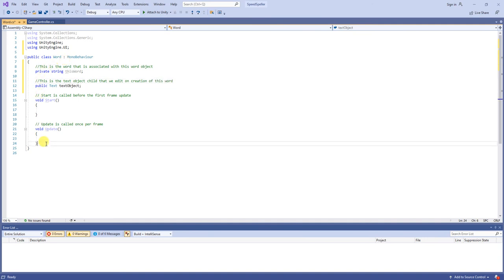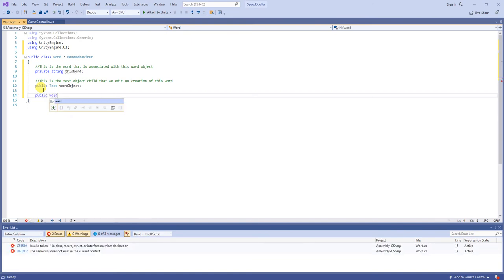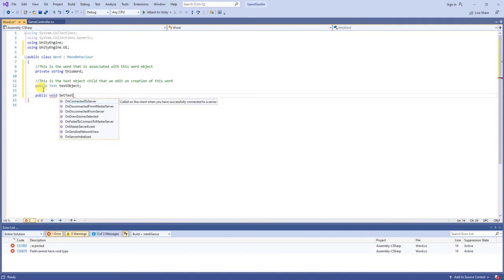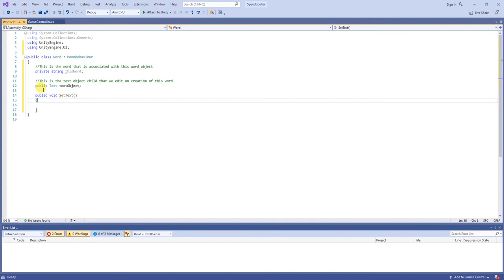Okay, as for Start and Update, we do not need those, so we can get rid of them. And let's create our first thing. Our first thing will be called at the very beginning, and it will be called SetText. So I'm going to create a public void because there is nothing returned from this method, and I will call it SetText. And of course we want to get a text that we want to set it to, so I'll call it string